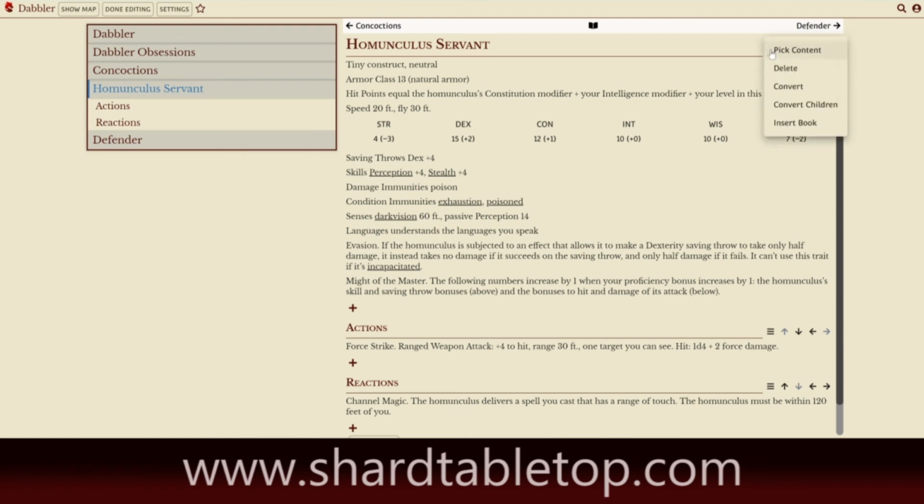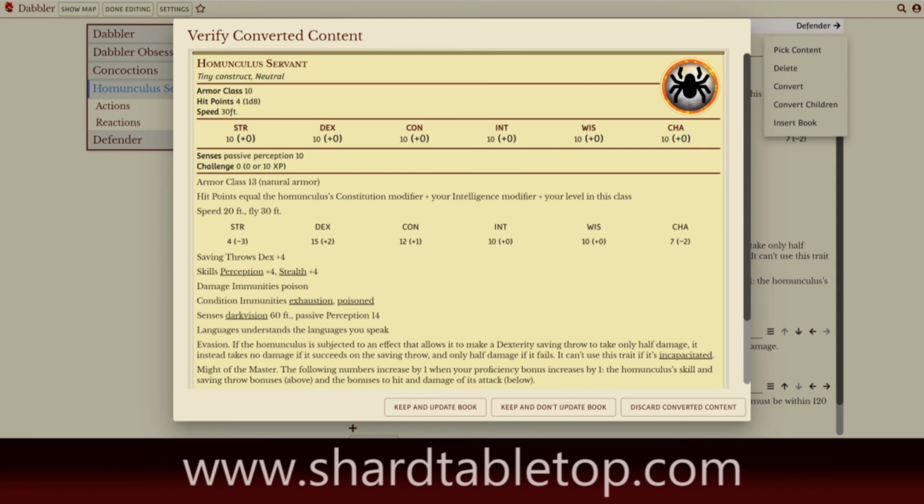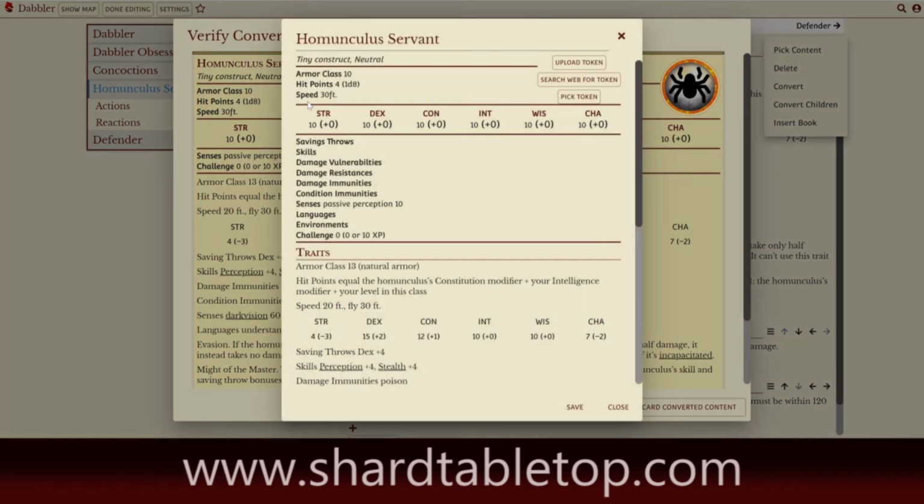So we're going to first convert to a monster, and what I want to do here is edit it and basically say, hey, this is the homunculus prototype. And the reason I'm doing that